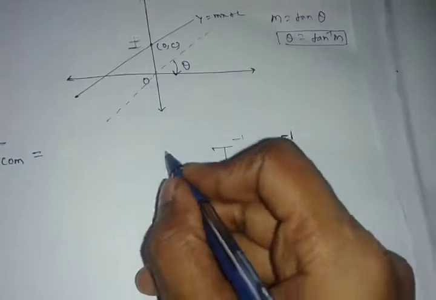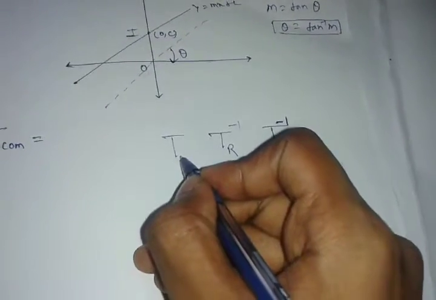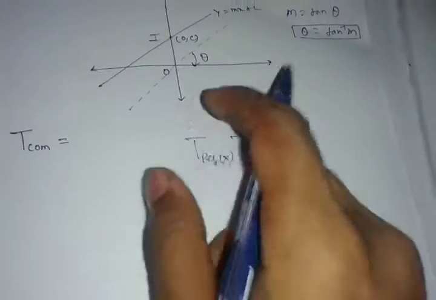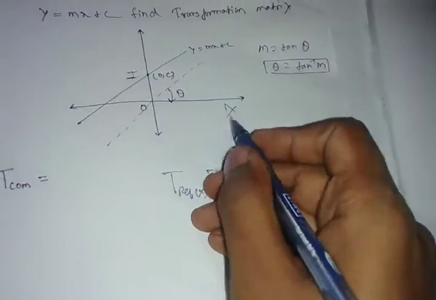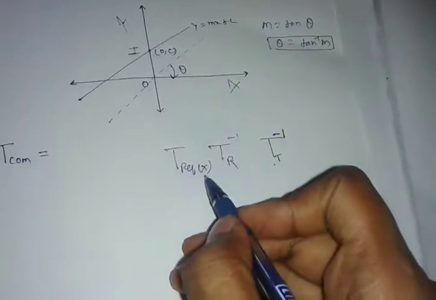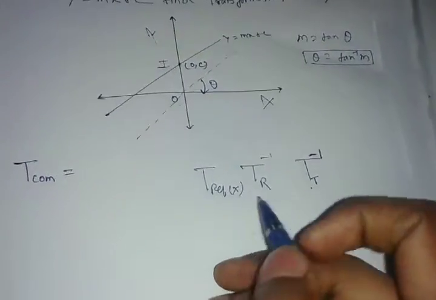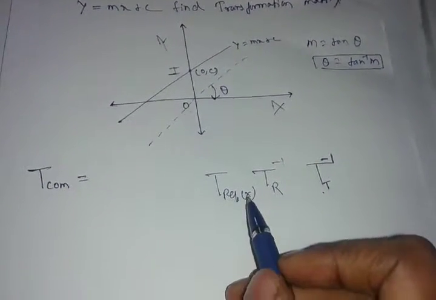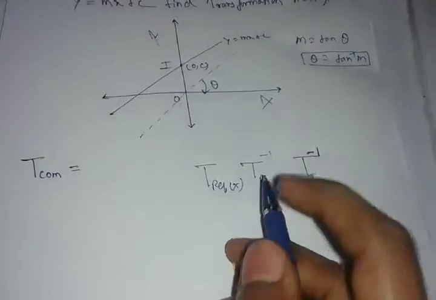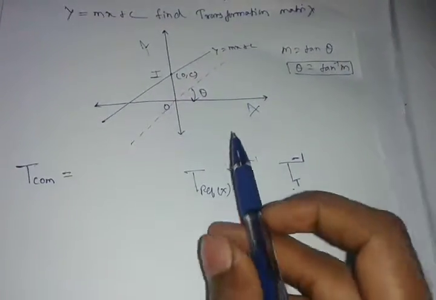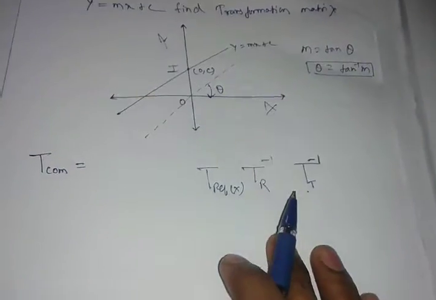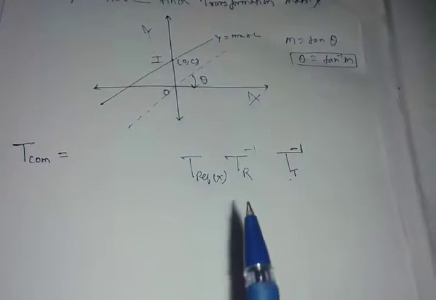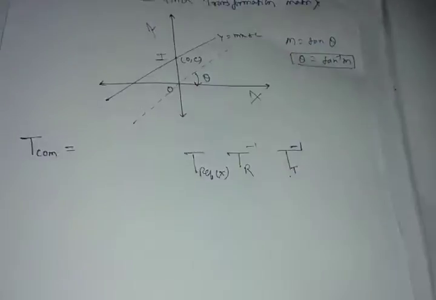What you need to do now? You need to just find the reflection along x-axis, because at this point your line coincides with x-axis. This is x-axis and this is y-axis. So at this point of time your line coincides with x-axis. Now you need to position your line where it was. So you have just inverted the line and put it on the x-axis. You now need to return the line where it was previously.